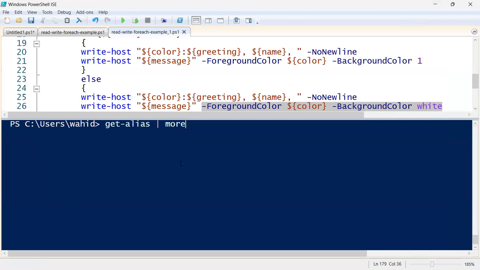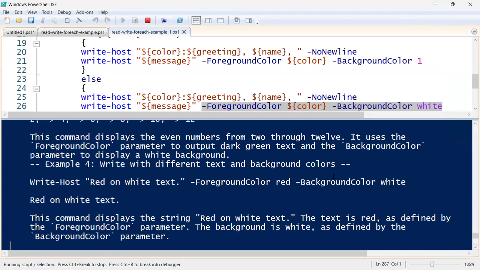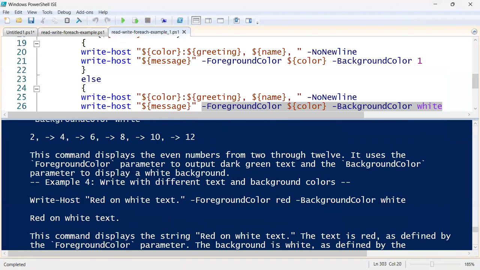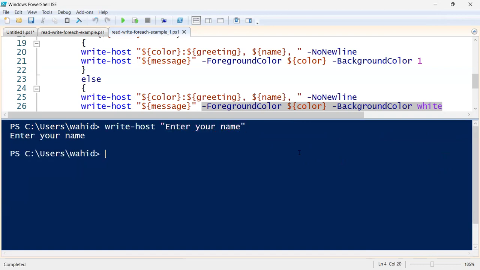But we're covering Write-Host right now. So Get-Help Write-Host. You can see that it gives you a lot of the examples also. So what does Write-Host do? Write-Host, by default, writes to the console some formatted or not formatted input, whatever you want to write to the host. You could say, enter your name. So this is just saying enter your name. And if you say -Prompt,